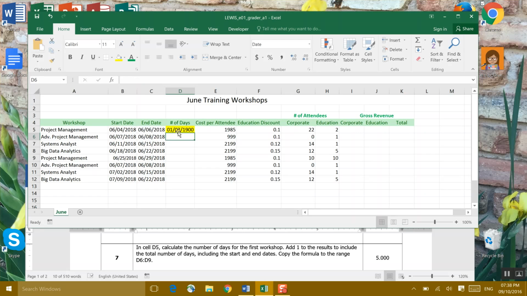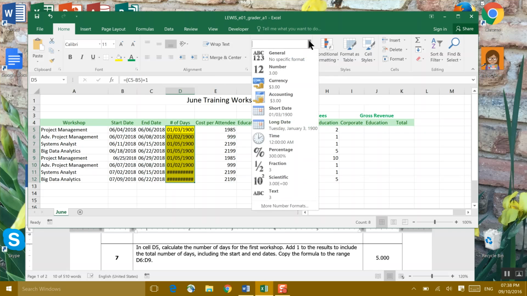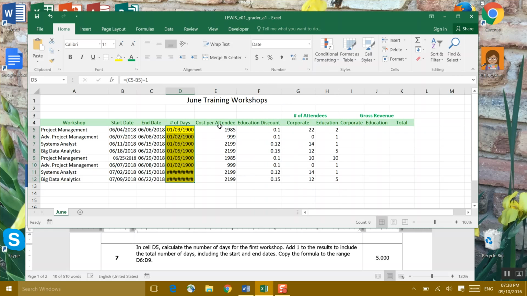And once we do that, we can go ahead and copy the formula all the way down. But we have a mistake. What did we do? We need to make sure that this column D that we just added is formatted for date. So we're going to come over here and make sure we've clicked short date, which is the proper